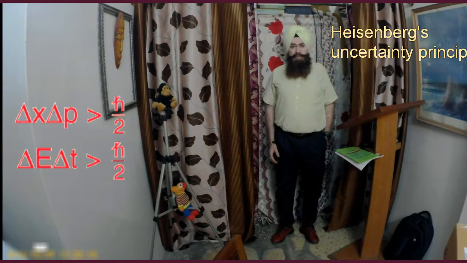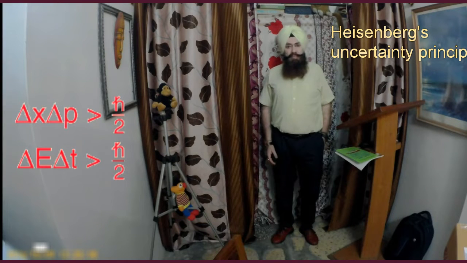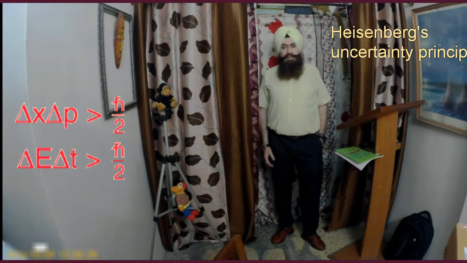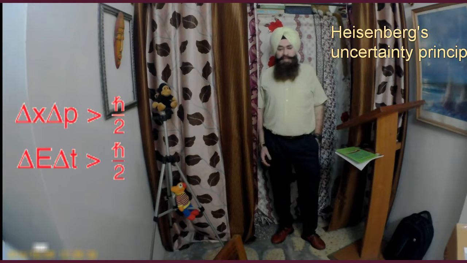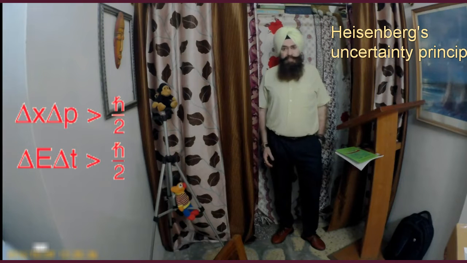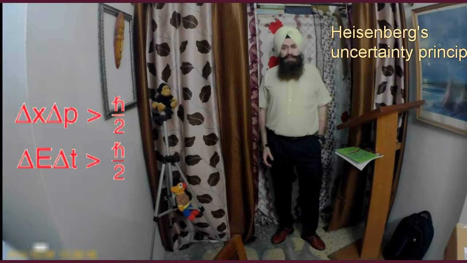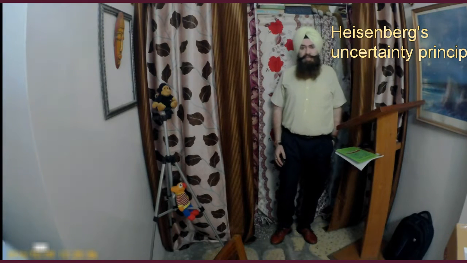So this principle explains that there is a minimum value for the product of uncertainties of these two measurements, like position and momentum, as well as energy and time. So there is a minimum value, which is h cross by 2. It may be greater, of any value, there's no problem. But the minimum is h cross by 2, and this uncertainty will not be lesser than that.